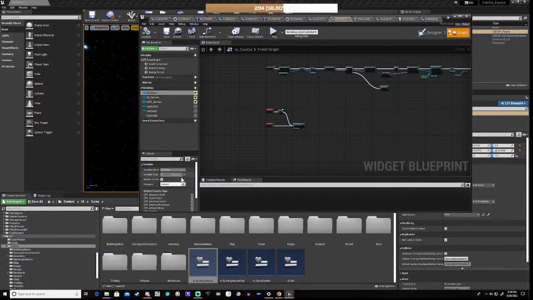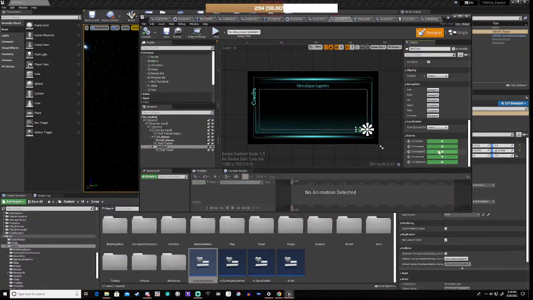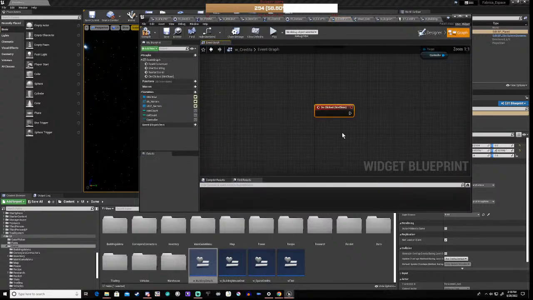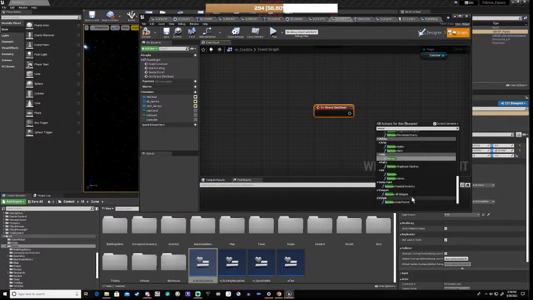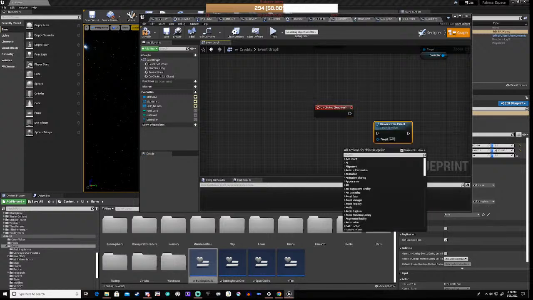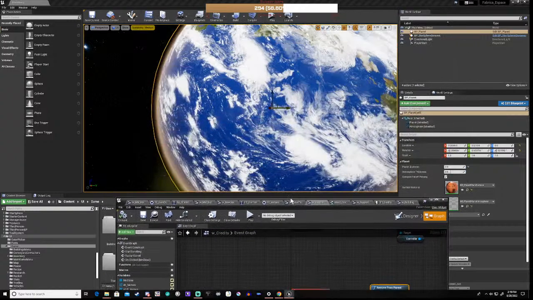Then if we go into our code and we go to designer, we go to button close, unclicked, then remove from parent, and it is going to be self, so that's okay. So we can now check this and press play,